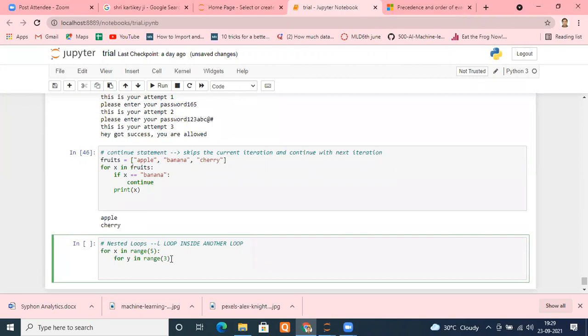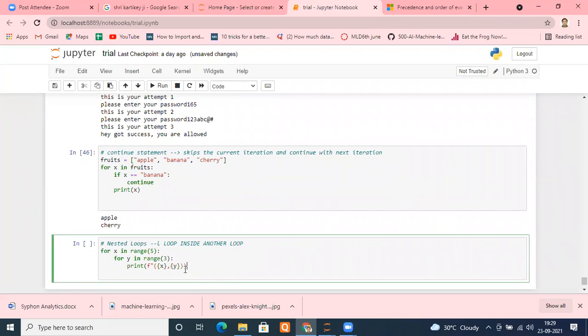Under the indentation, I write print with a formatted string, using quotes. Inside the brackets I put the X and Y values. First I put the X value in curly braces, then a comma, then curly braces again with Y. Okay.